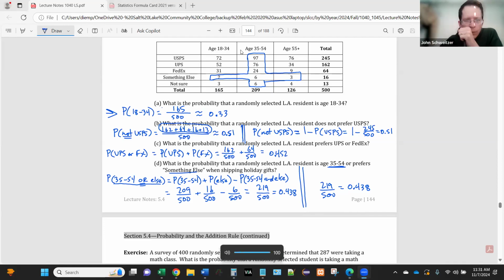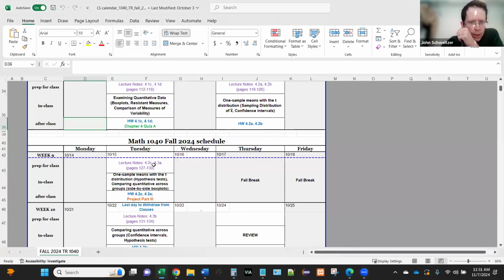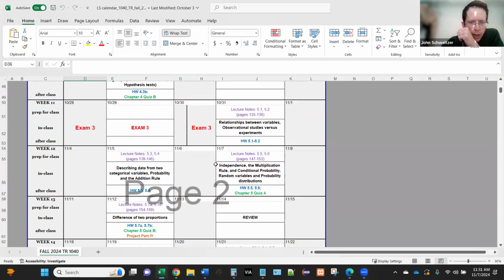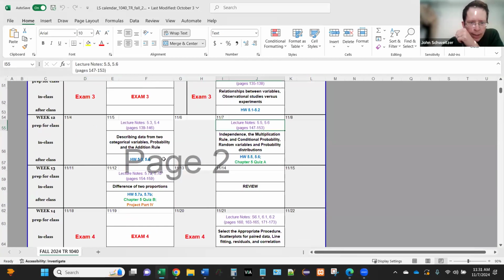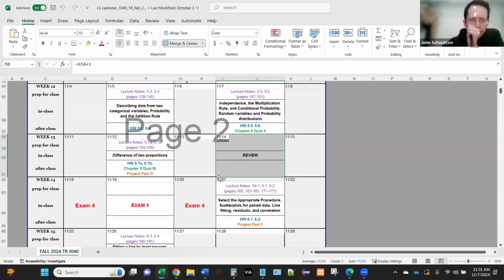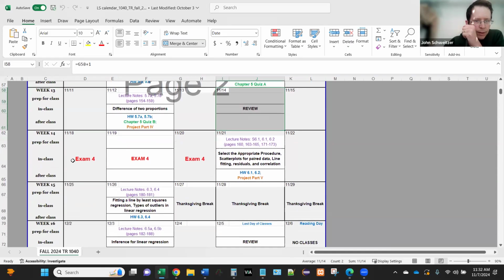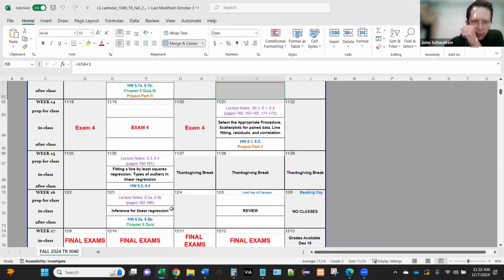It's the 7th of November here, and we're working through chapter 5. So today and Tuesday we'll finish up chapter 5, and then hopefully we'll have a nice long review next Thursday. And then the following week, exam 4 will open. That'll just cover chapter 5. That will be our fourth and final midterm, and then we'll have a couple of weeks after that,